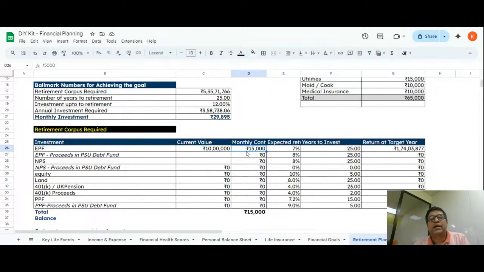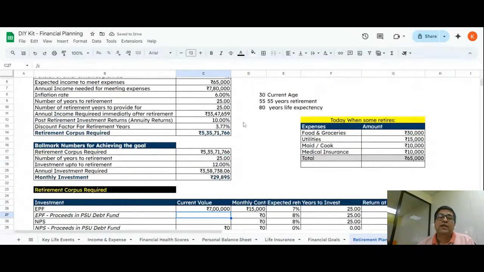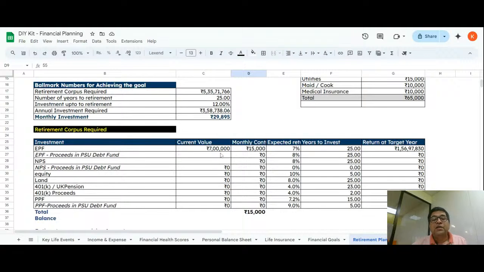You're contributing again 15,000. Let's say that by the age of 30, you may have about 7 lakh rupees in your EPF, right? And you want to retire by the age of 55. Again, I'm putting 55 because that gives you the choice to retire early. If India gives a magnificent bull run, then you can just throw the resignation letter at the age of even 48 also, and then go to Andaman Nicobar Islands and relax out there. So 7 lakh rupees, 15,000 per month,